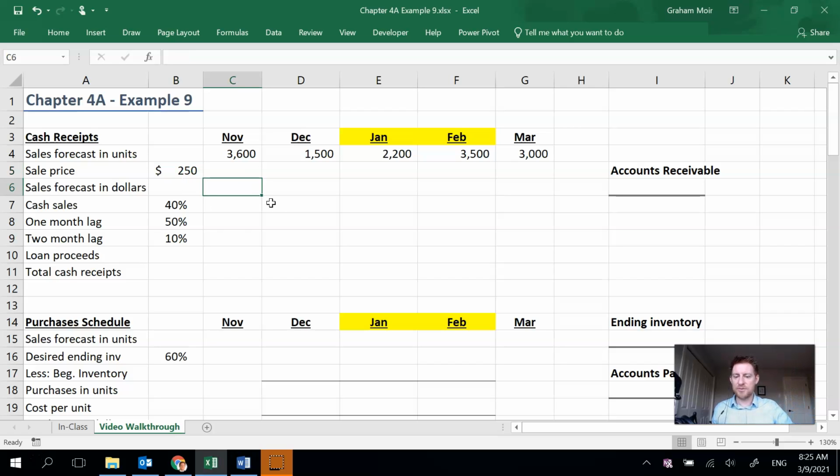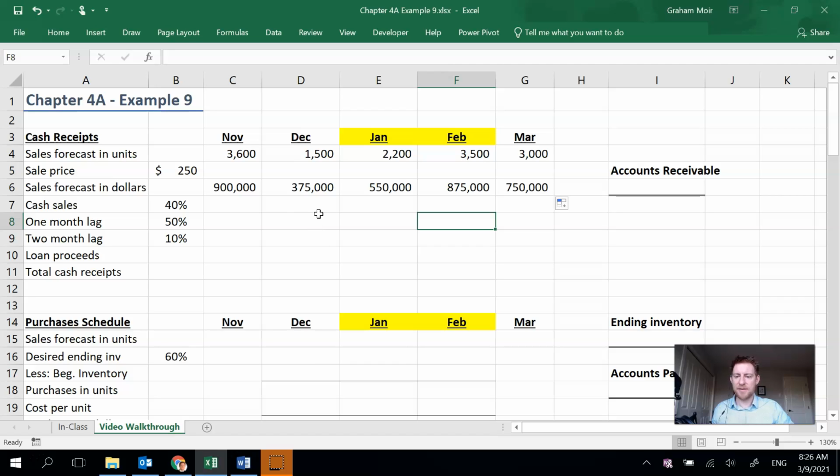I'm just going to use my formula here. I'm going to multiply November by my sales price to get my sales forecast in dollars. And because I've not followed it all the way through, I am going to use a fixed reference with my dollar signs there. So I've got $900,000 for November,